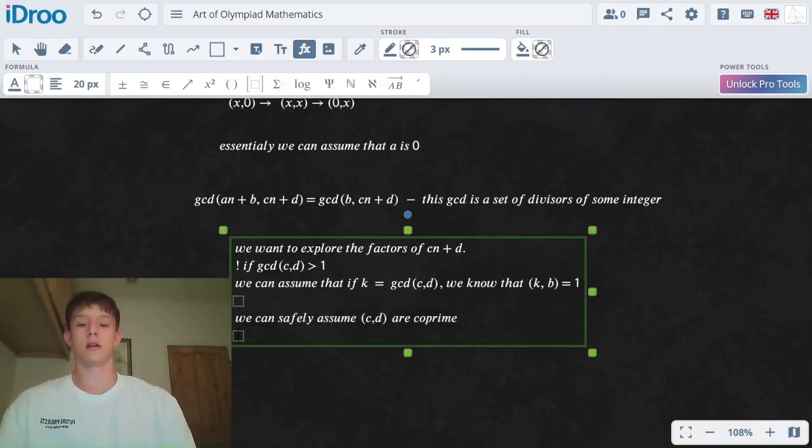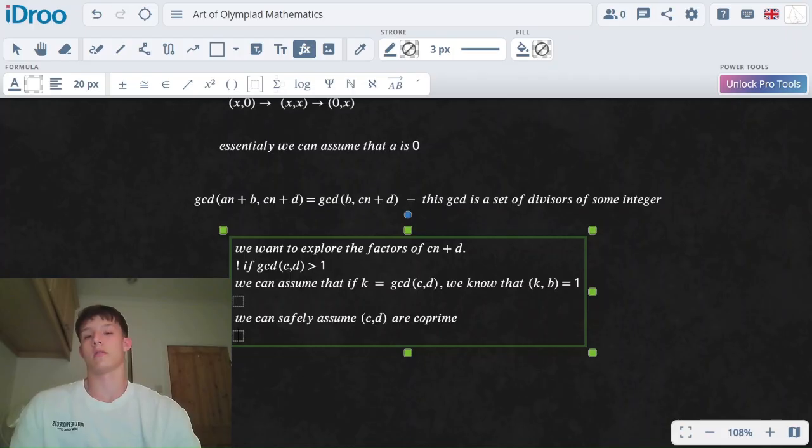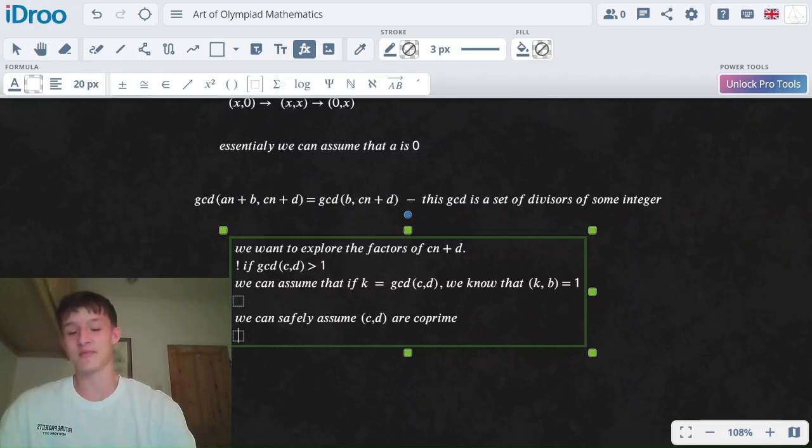Now if they are coprime, we can use a Dirichlet kind of thing, but we also have to mix it with the Chinese remainder theorem. Oh my goodness, okay. Essentially we want to use the Chinese remainder theorem. Let's say M is a factor of B. We want the GCD of B and Cn plus D to equal